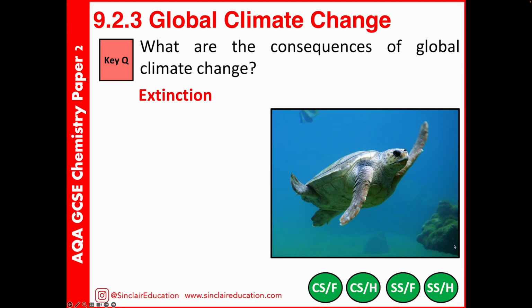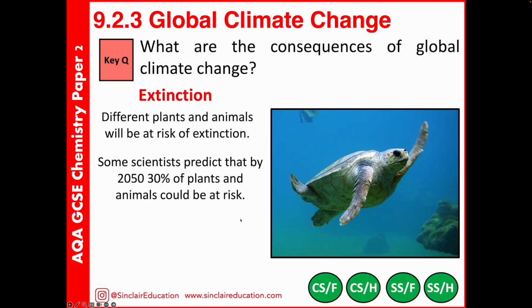With this, it's putting organisms at pressure. So we've got a risk of extinction because habitats are starting to change, and that pretty much we see worldwide. So it's thought that by 2050, about 30% of plants and animals on Earth will be at risk, not extinct, but a risk of extinction.